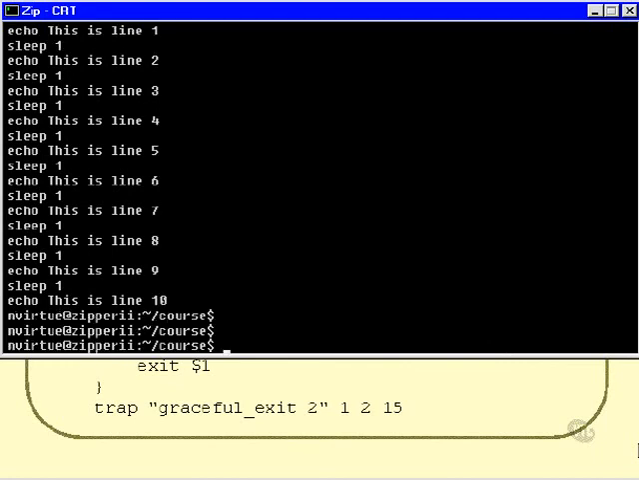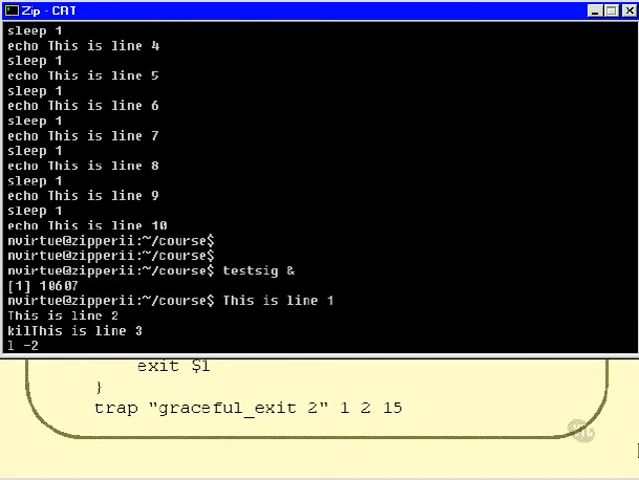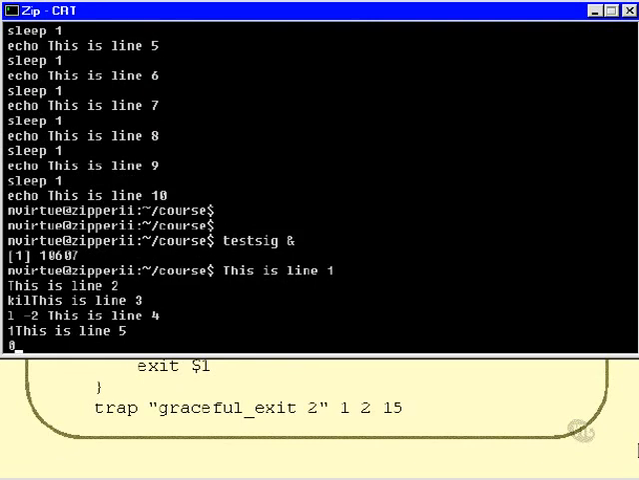I'll quit out. Now what I'm going to do is run testsig asynchronously on the command line, so I've got a chance to type in a kill, and I'll have a grand total of 10 seconds to find the process ID, type it in, and see if it works. So let's do that now. Okay, the process ID is 10607,